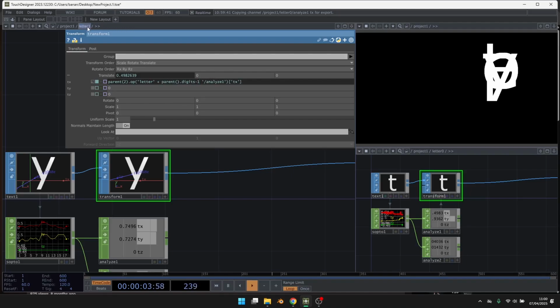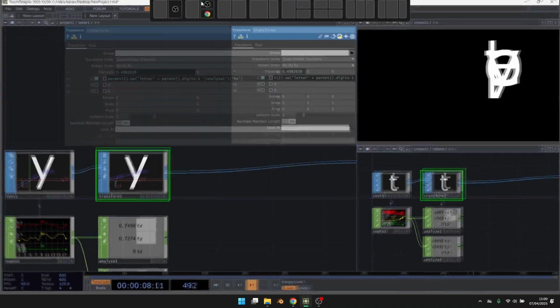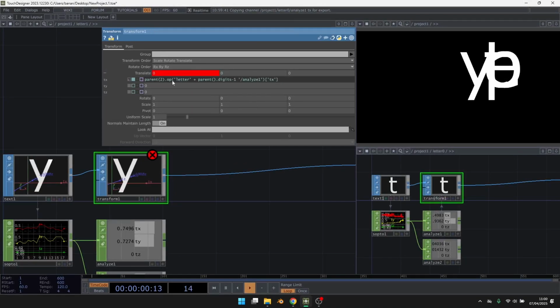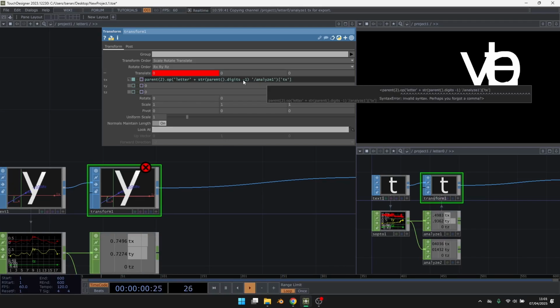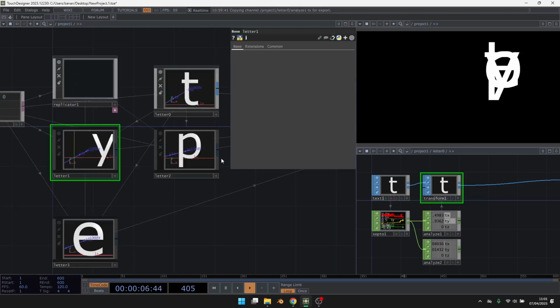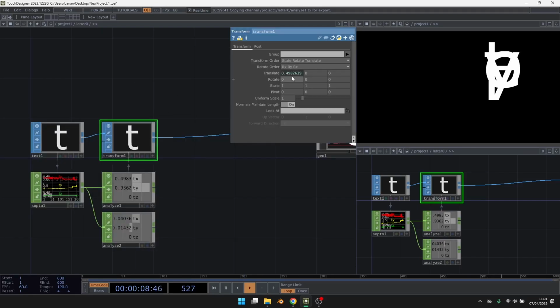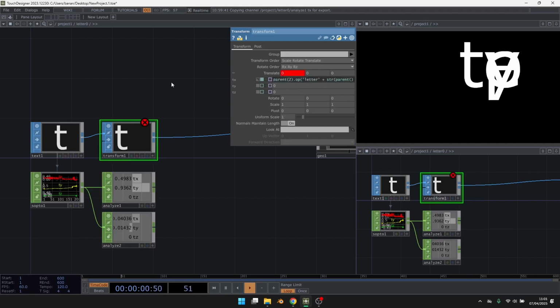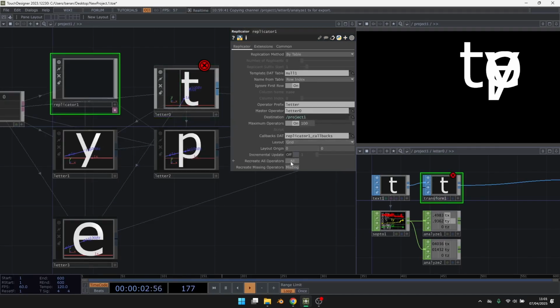So my digits minus 1, so it's the letter before. We'll make a string out of this. So it's missing a plus. Okay, so now if we take this to the master operator, which is the first, and hit recreate,